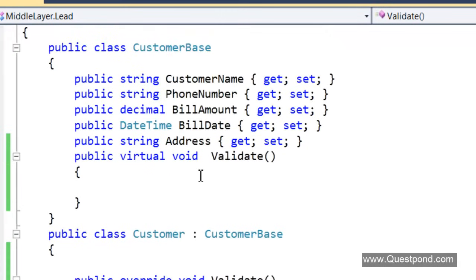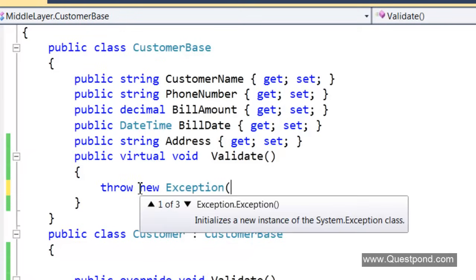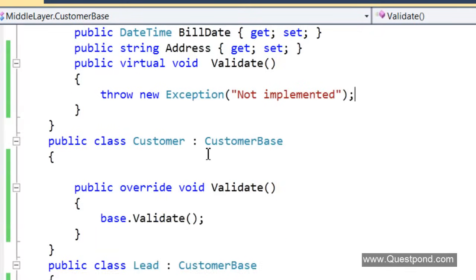And in the base class, because this is a base class, I will just throw a new exception saying not implemented, right? In other words, this will be implemented by the child classes.